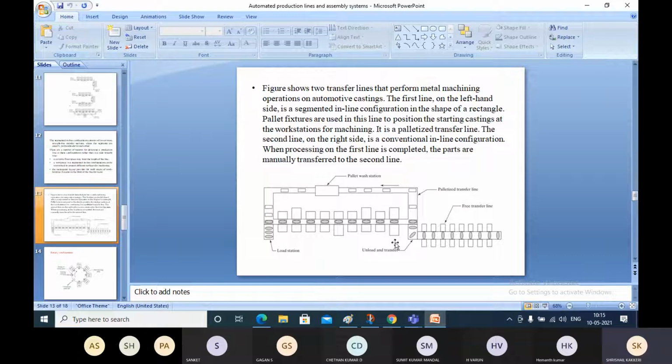So this is how the 2 different inline types, maybe a rectangular, U shape, or L shape, can be integrated together in different positions based on the design which we require or are offering for the automation process. And these are about the